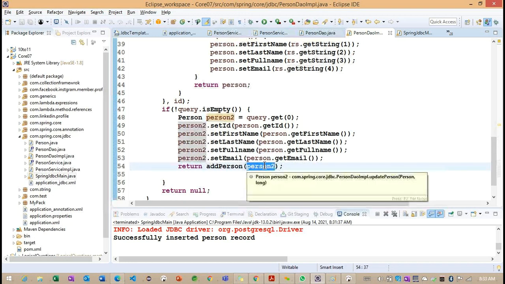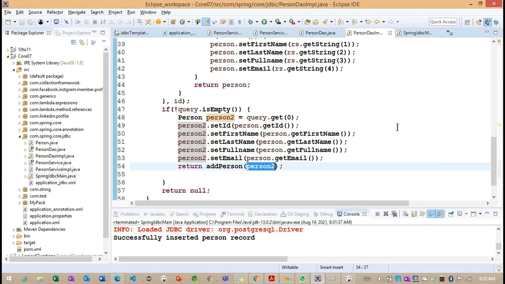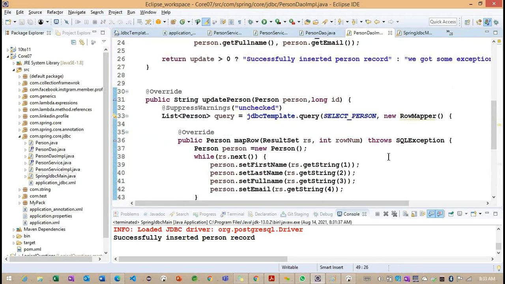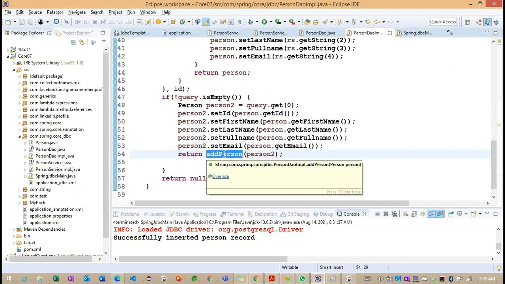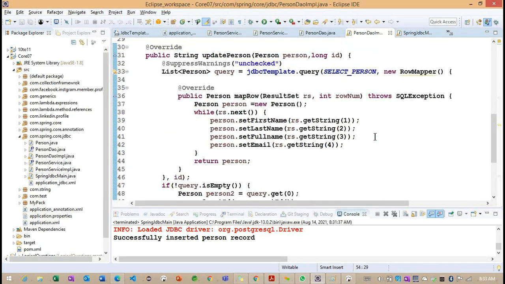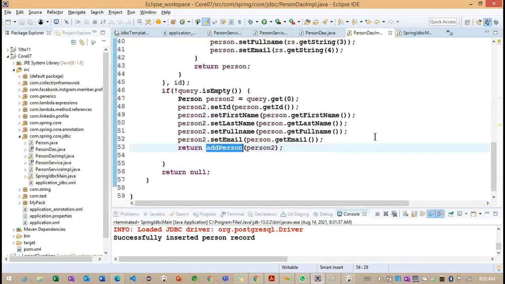So we need to update the person code. We need to change the query here. But if we change the person query, what we can do? We need to add a person 2 object here. Okay, person 2, ID also we need to match, right? ID also we are matching here. Okay. So let me create one more method here. So instead of calling add person, where is the update person method here? Inside the update person, we are loading an object, and we need to call here.